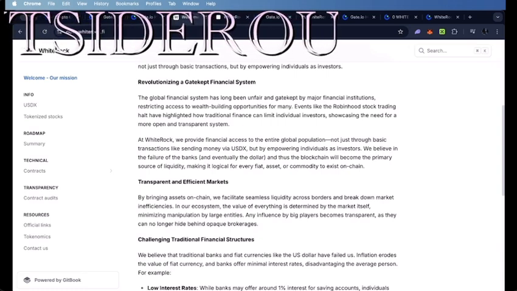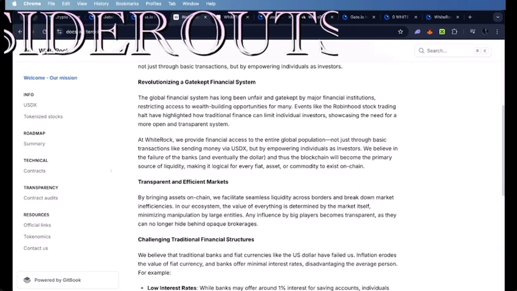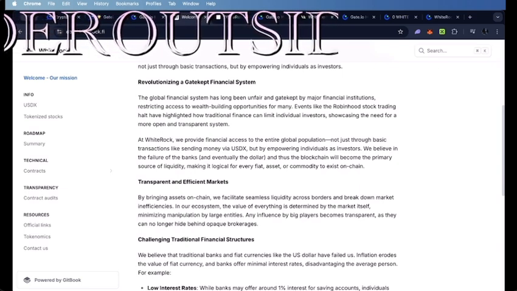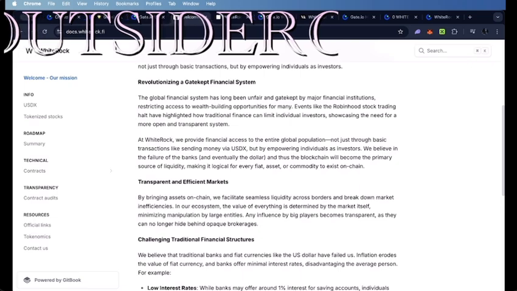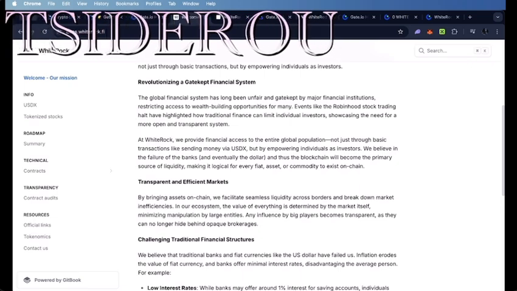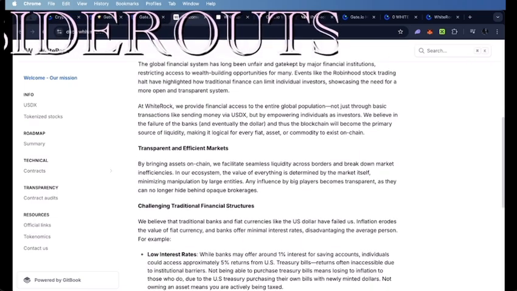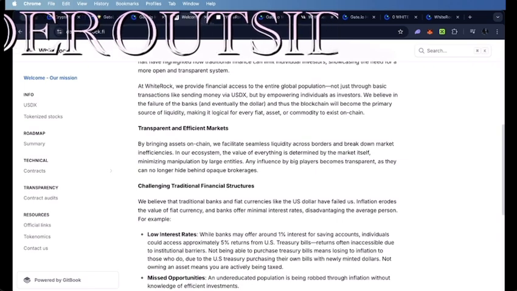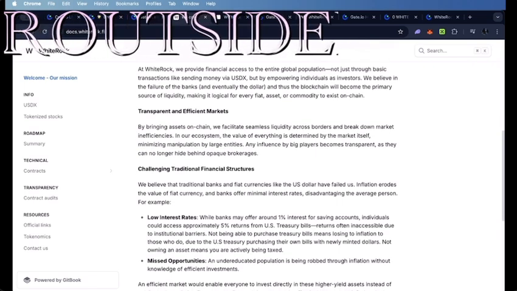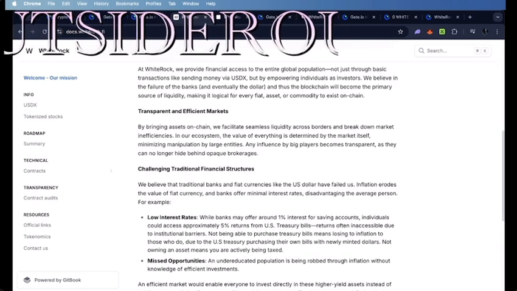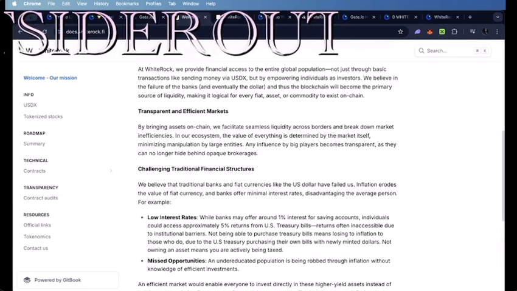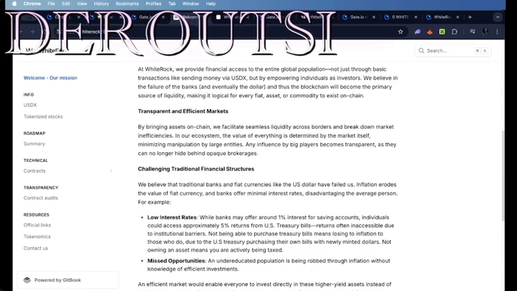We believe in the failure of the banks and eventually the dollar, and thus the blockchain will become the primary source of liquidity, making it logical for every fiat asset or commodity to exist on chain. We get transparent and efficient markets by bridging assets on chain. We facilitate seamless liquidity across borders and break down market